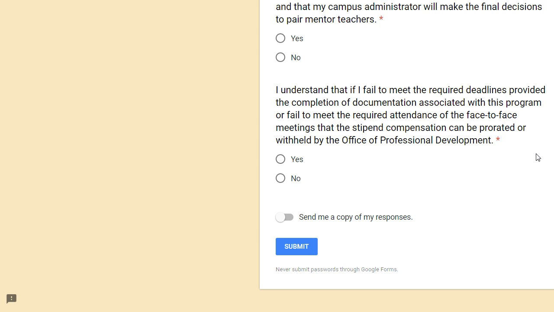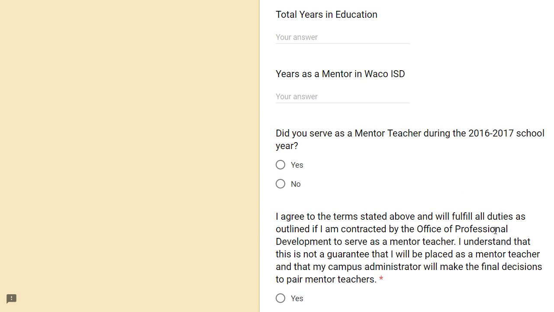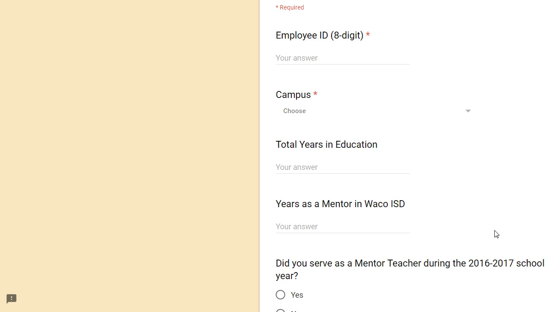It is your responsibility to ensure that those pieces are completed and that they're completed in a timely manner. Assignments submitted late in the year will be either prorated based on the length of time that they are late, or if they're well past due, they will not receive compensation for the completion of those assignments. You have to complete these two statements prior to submitting your application to show that you understand and agree to